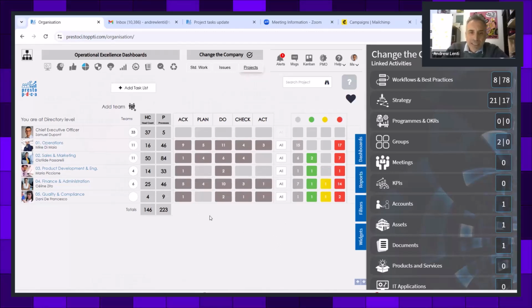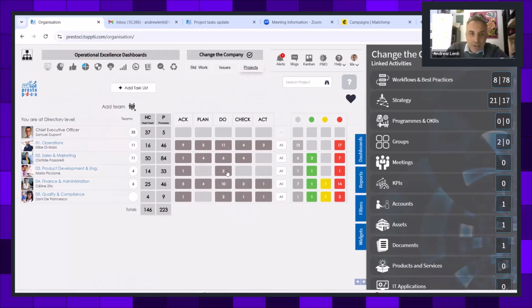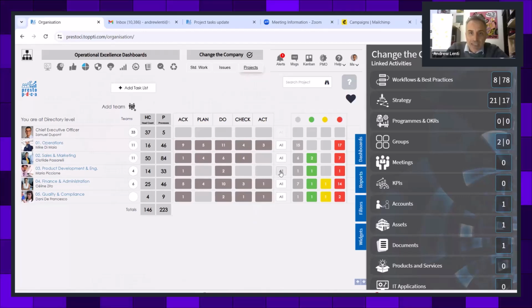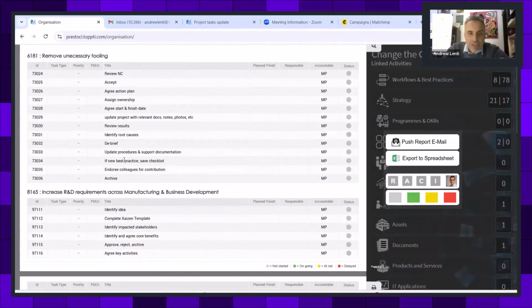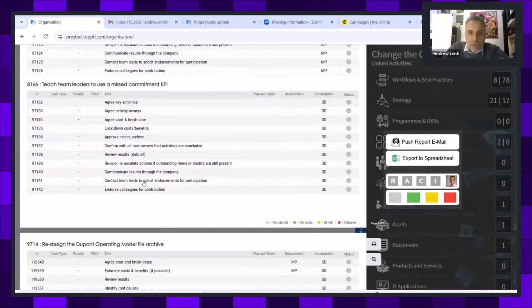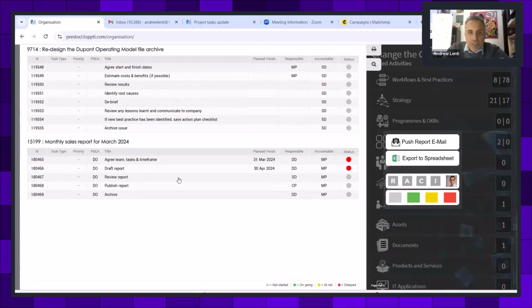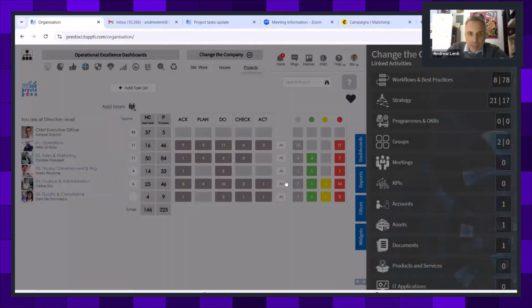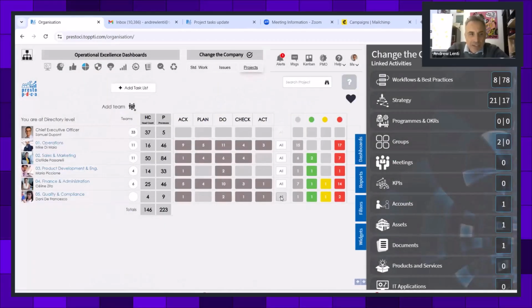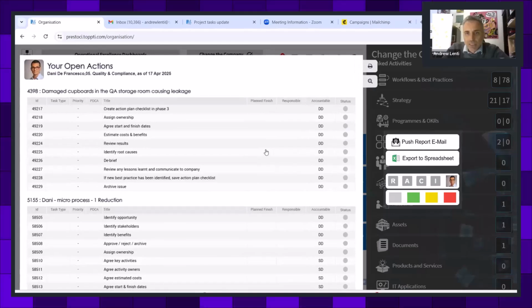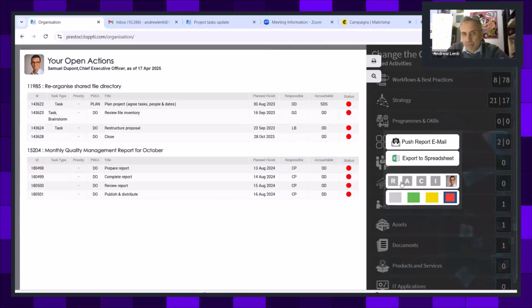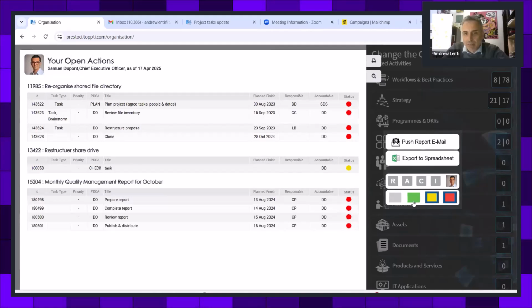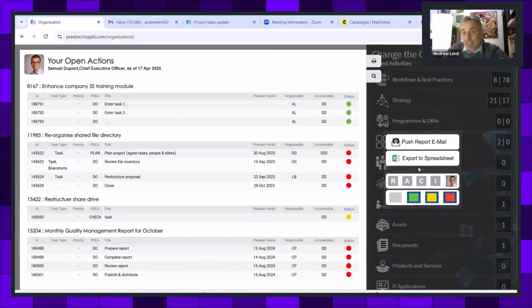So if I want to know, tell me about all the tasks in those 3 projects that you just saw, this time we'll open it up again, and you can see project number 1, there's the tasks, project number 2, and project number 3. And what's nice is, let me do a richer one. If I open up this one here, you can see these are the projects. Show me all projects that are red. Show me all projects that are yellow. Show me all projects that are green. And you can even